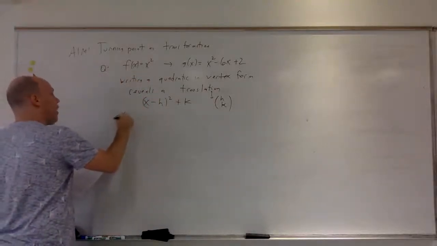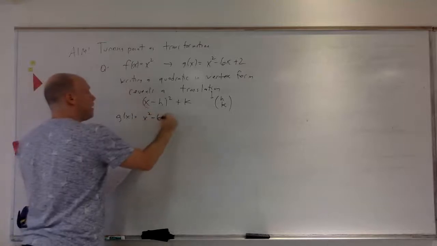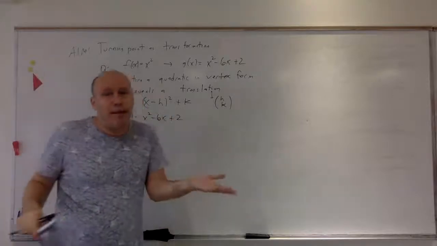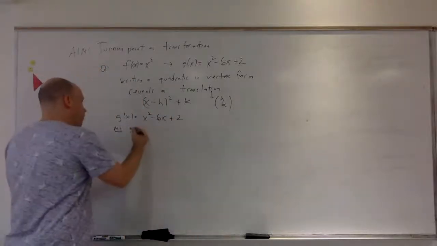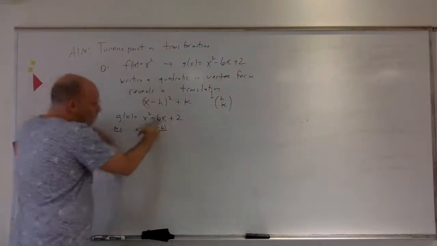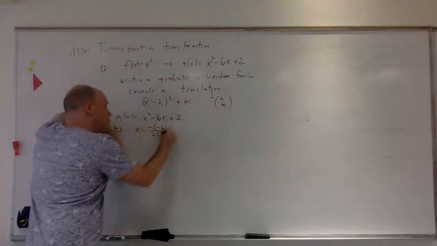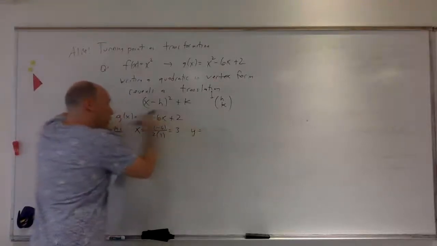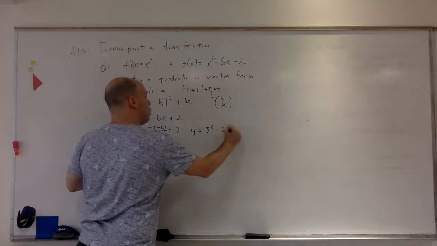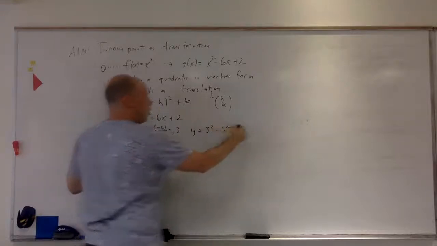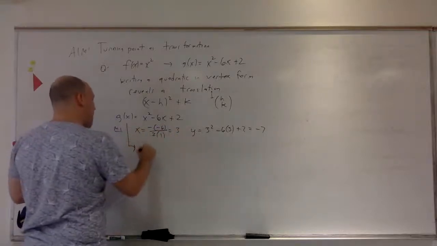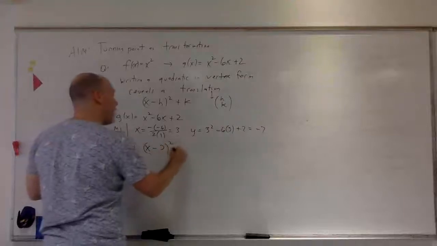Let's transform g of x equals x squared minus 6x plus 2. So method 1 to write it in vertex form is find the vertex. First of all, find the axis of symmetry. So negative b over 2a, negative 6 over 2 times 1, which is 3. Plug it into the quadratic to get the y. So it's 3 squared minus 6 times 3 plus 2. 9 minus 18 is negative 9, plus 2 is negative 7. And we can rewrite this as